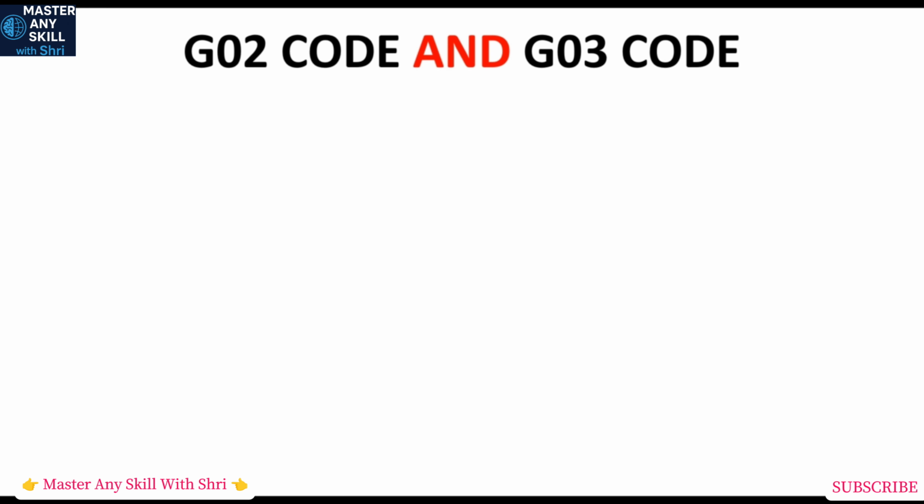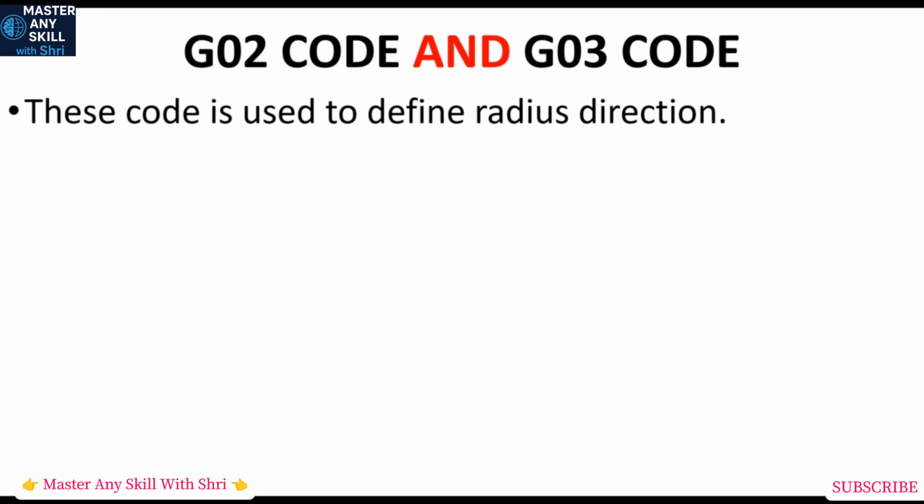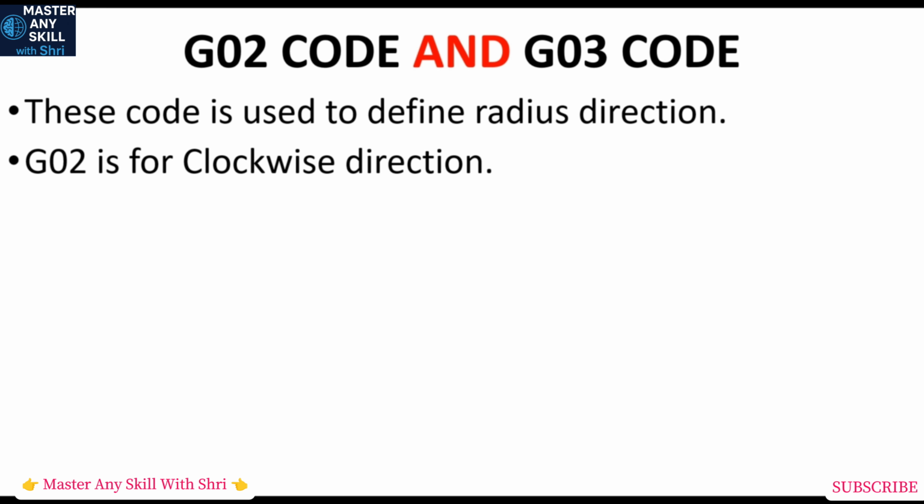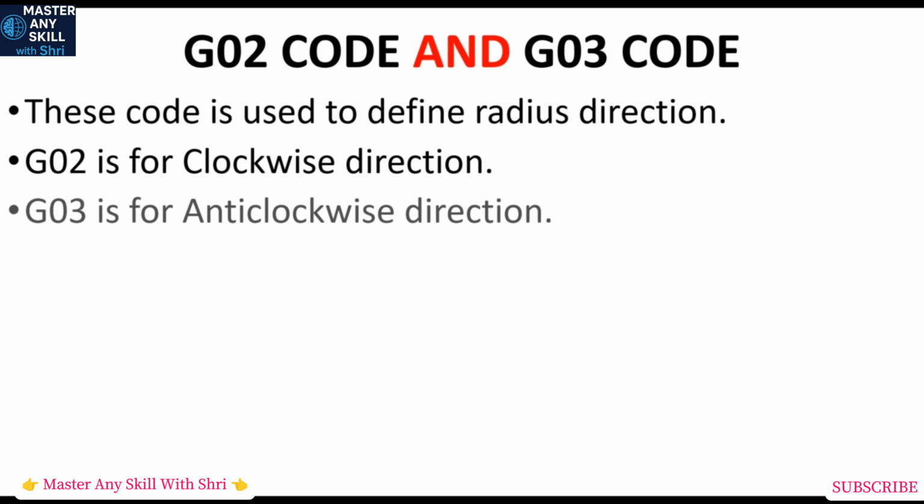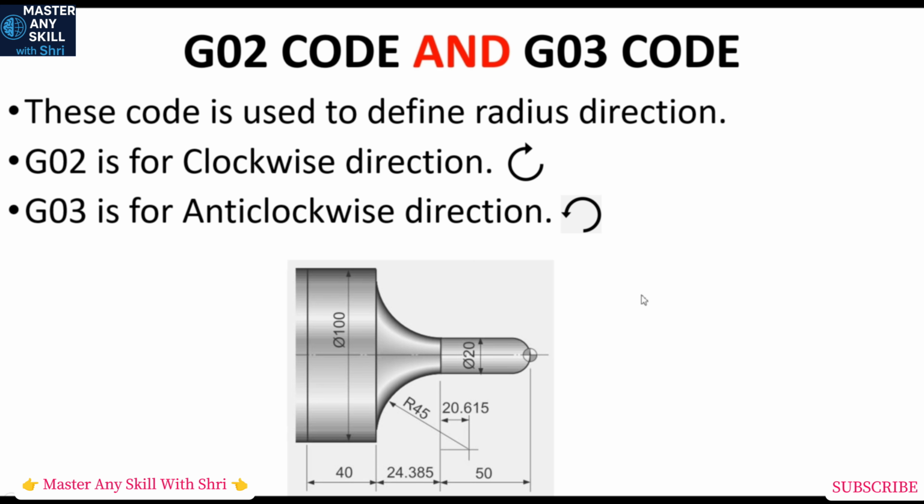So next code is G02 code. So if you want to cut material in clockwise direction, at that time use G02 code. And if you want to cut material in anti-clockwise direction, then use G03 code. Here we are going to see two conditions. If tool is going to cut material from upper side and second condition is from bottom side. Normally tool cuts